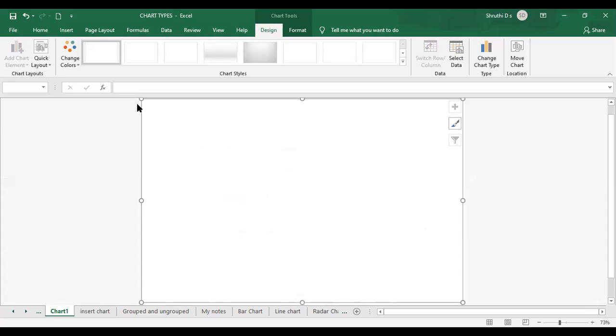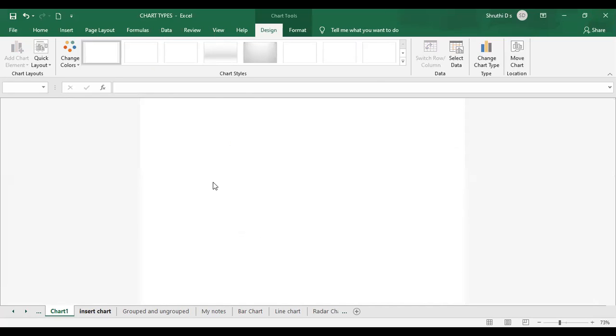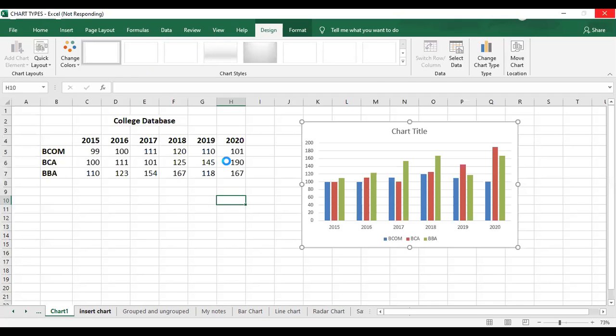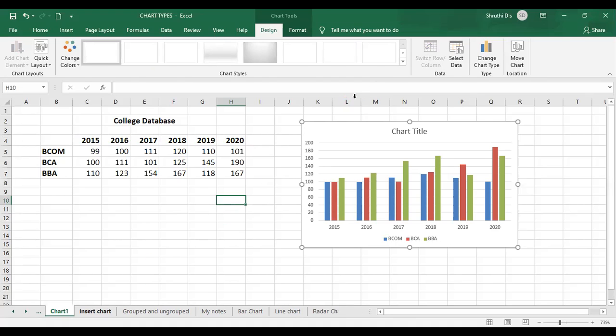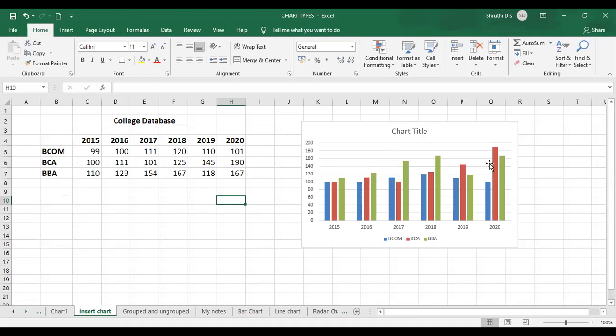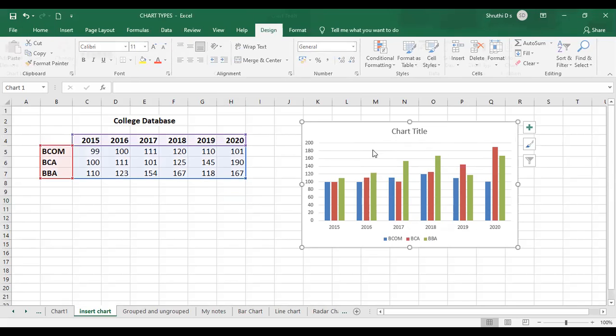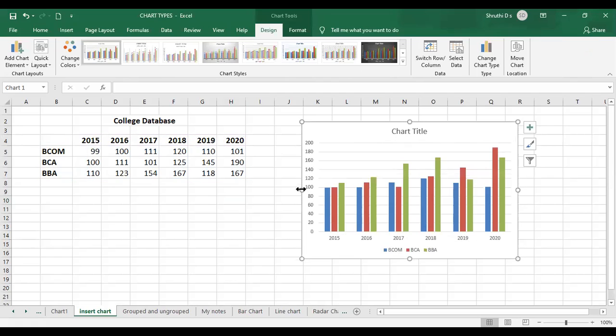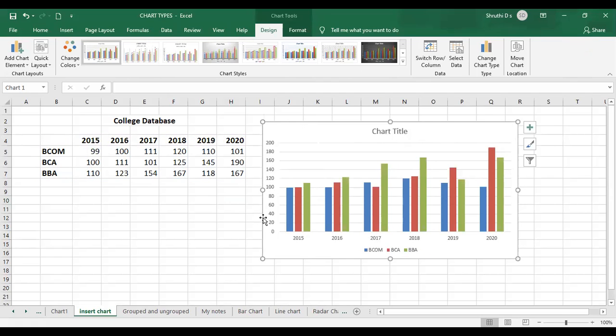Okay, it is F11. Okay, it is F11. Just excuse me for today because the application is, I think, running slow. So let me go back to this insert chart. So the shortcut for inserting it in a different chart sheet is F11. If you want to insert it within the sheet, you can just go with Alt F1. That is the shortcut you have. Now this is my chart by default, or I just selected this from my types of chart available, right?